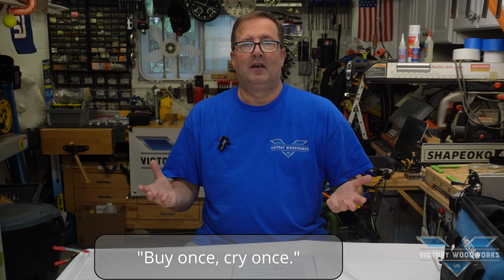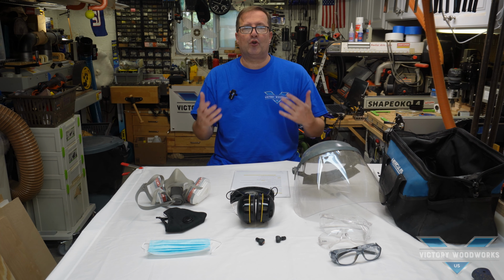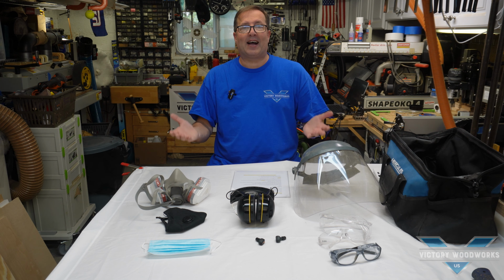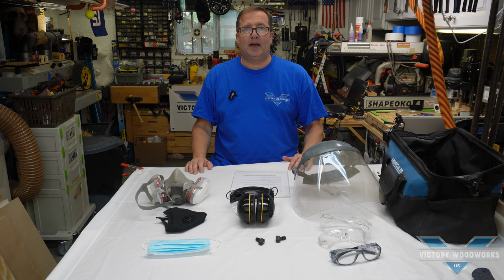All three, eye, ear, and respirator protection, are crucial components of safety programs and play a significant role in minimizing the risk of injuries and long-term health issues associated with eye, ear, and respiratory exposure to hazards. Proper selection, fitting, and consistent use of these PPE items are vital to ensure your well-being in potentially hazardous environments, like the shop. In my case, I use these safety glasses for eye protection, and one of these, whether these